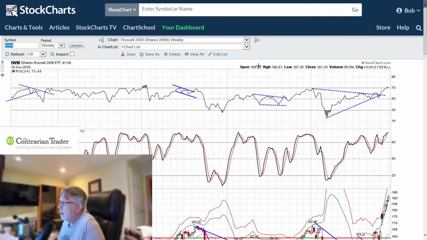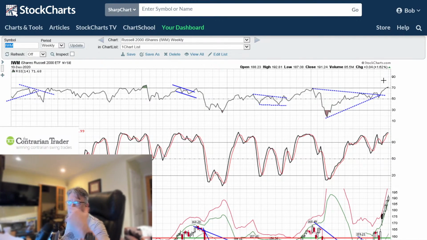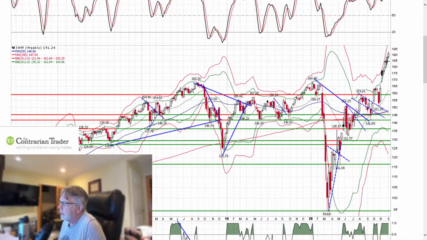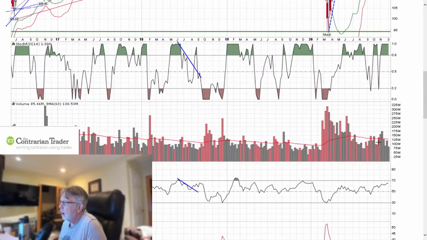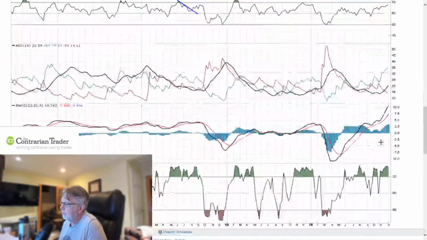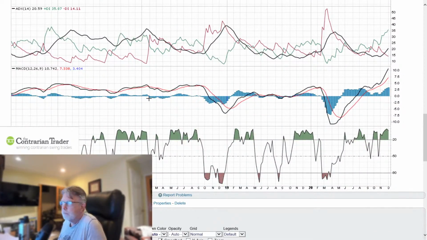Small caps, very extended on the weekly time frame. They are up over 1.5% on the week. Remember, these are the most heavily shorted names. So they went to these to keep the party going, squeezing the shorts. So we're trading above the 2 standard deviation Bollinger Band for what? 1, 2, 3, 5th consecutive week. Up volume is dropping off. Granted, 1 trading day left to go.